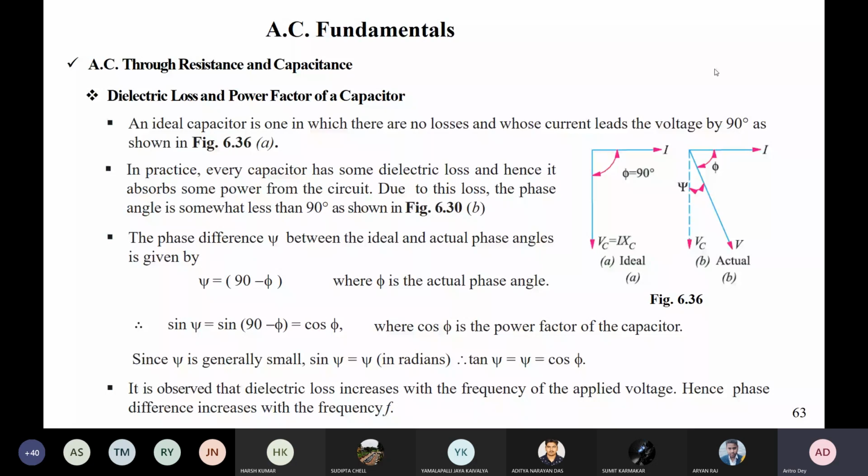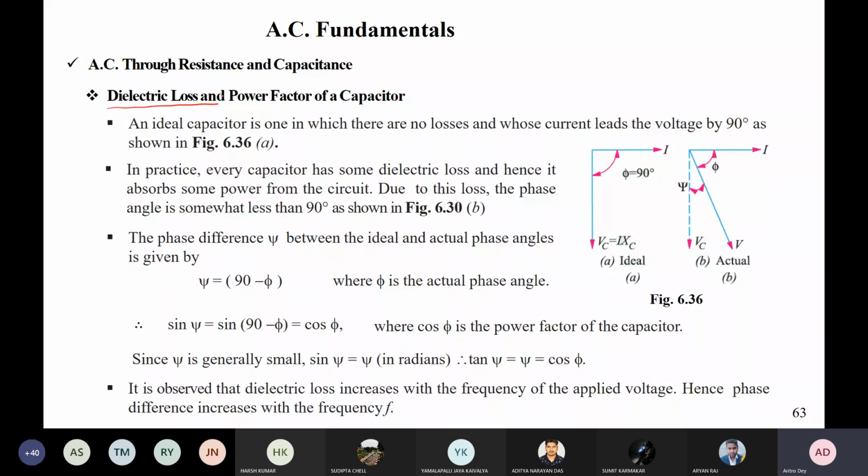Was there any loss across the capacitor when it was purely capacitor? Was anything discussed? No, sir. Series RLC was discussed, not individual. Okay, so what happens now in a practical capacitor, there will be a dielectric loss, and because of that, what is